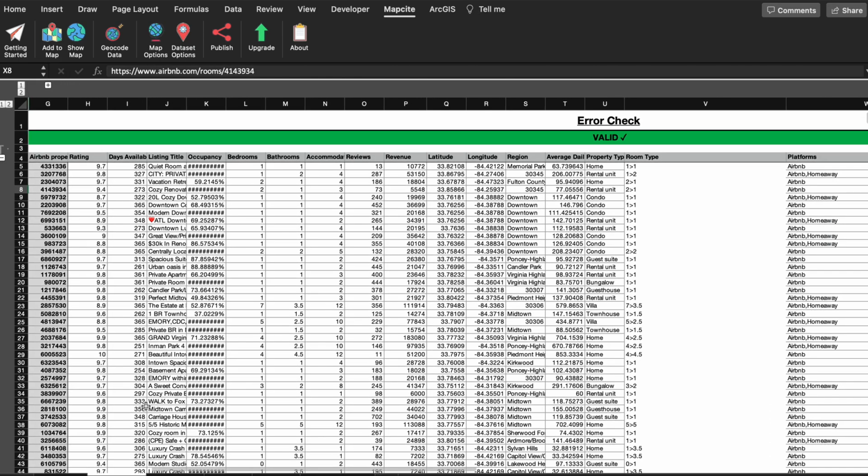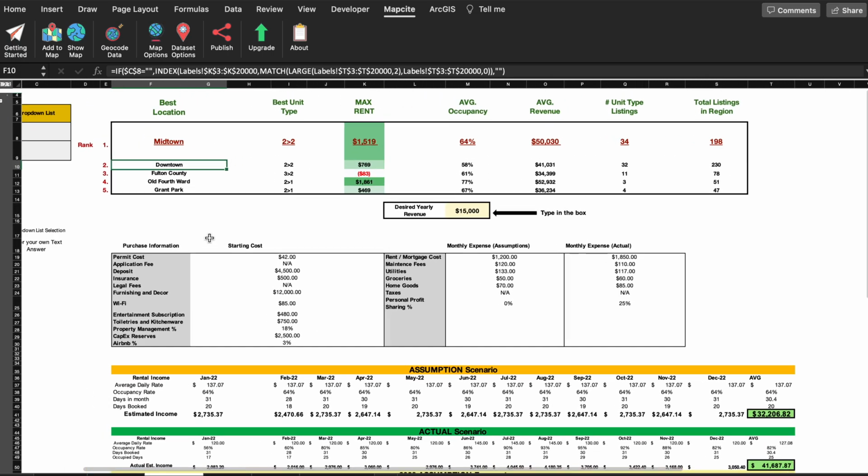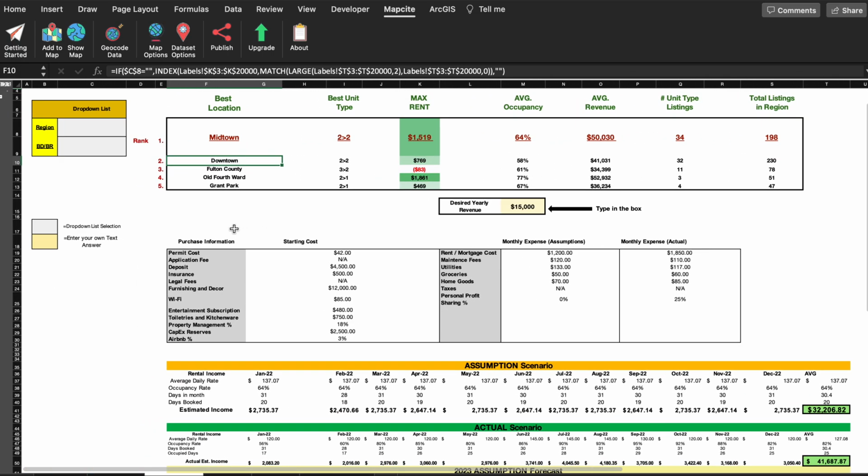So, enough under the hood. We'll go into the dashboard. I have formulas built into this Excel model to extract the best property types, built by a ranking system. Based on Atlanta with Airbnb, it shows that Midtown specifically, the region of Midtown within Atlanta, is considered the best area to invest in for Airbnb properties, and it's built on a lot of conditions.